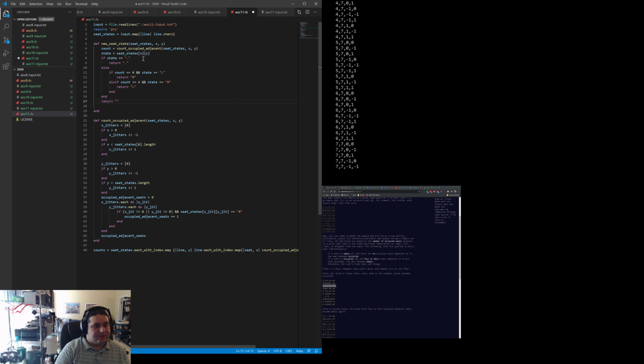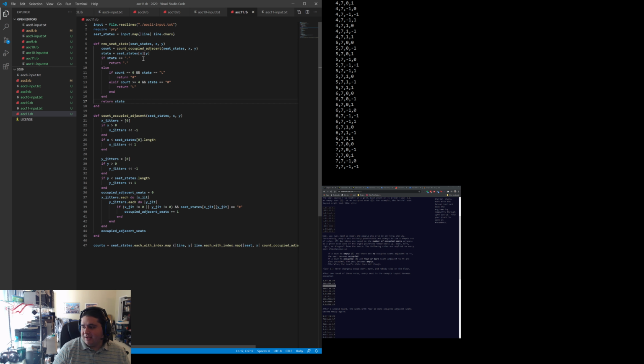And I know you don't necessarily need the return here, but I'm just typing it out anyway because I can. I think it's clearer to have returns in there. I understand if other people disagree with me, but that's how I am. Okay, so what we want is to then run new seat state as long as seat state is not changing. So old